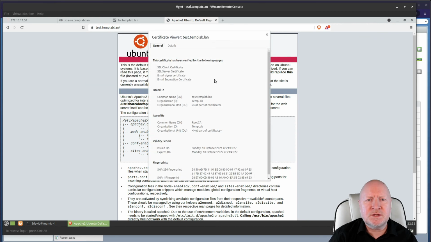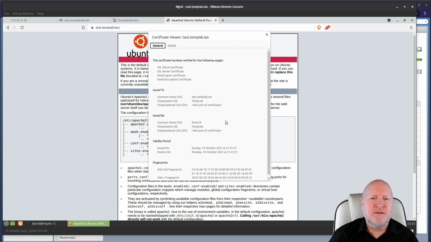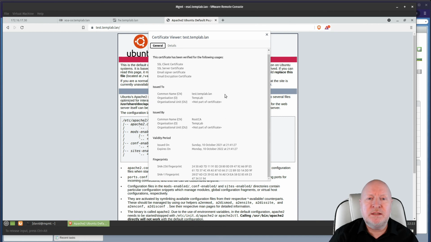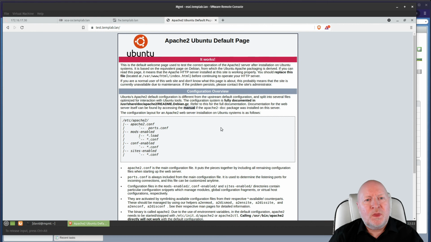Certificates, it is valid and so on, so it doesn't have any problems. You can dig into the details and so on. There is bits of information missing, like the organizational unit, because personally I'm not overly in need of that sort of thing. But again, it means that if I were to put a certificate on, well, actually if we go